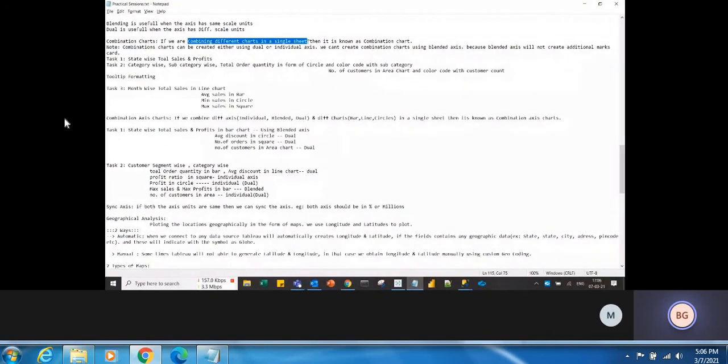But what are combination axis charts? If we combine different axes like individual, blended, dual, and also different charts like bar chart, line chart, circle chart in a single sheet, then it is known as combination axis charts. That means here we are combining the charts and also the axes.